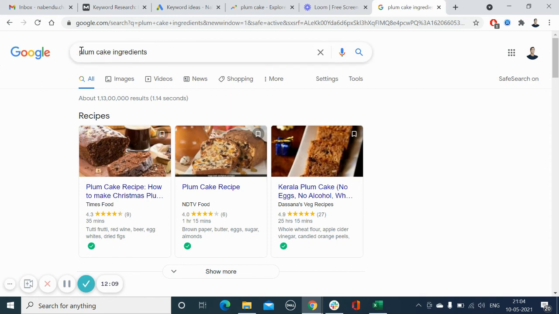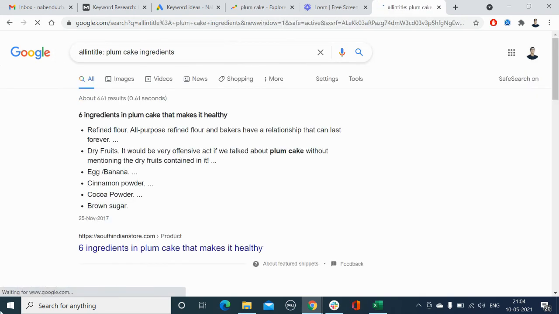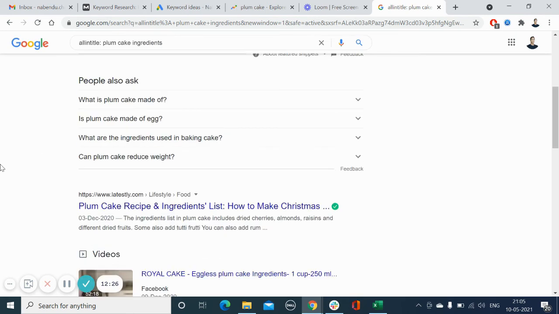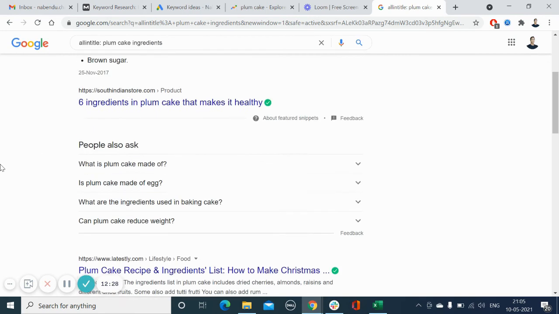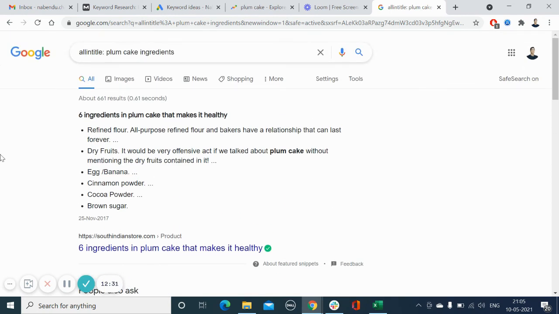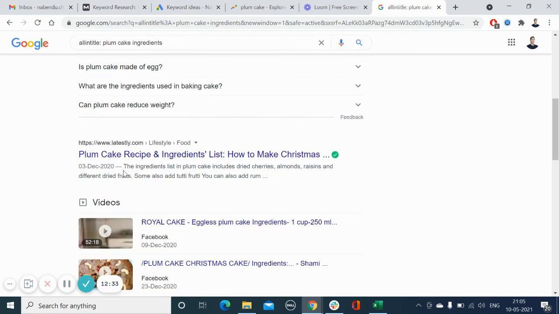What we will do is we will type allintitle: space enter. Now if you see the search result, it's only 661. Not 1 million, but 661, which means that all these results that have appeared now have the term plum cake ingredients in their title.